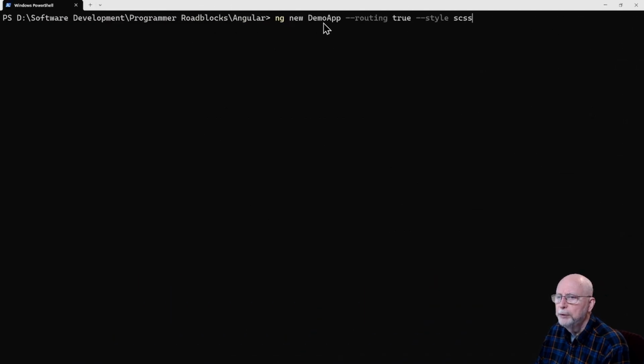Command to create a new application. In this case, my application is going to be called Demo App. Notice there's no space in here, no quotes around it. I'm just giving Demo App. And I'm using --routing true and --style scss. This is what I'm going to use to generate my application. So I press enter,